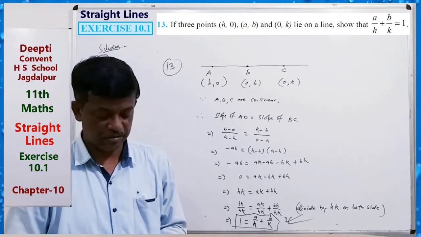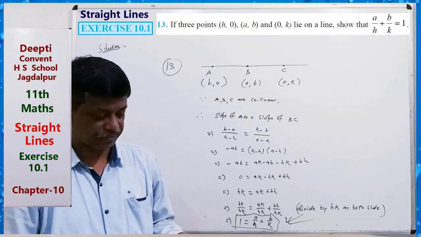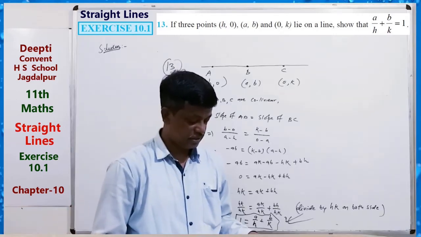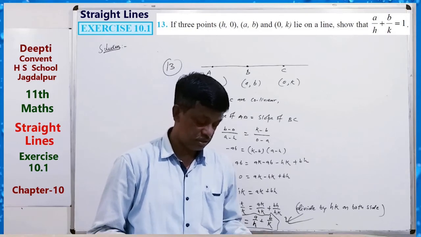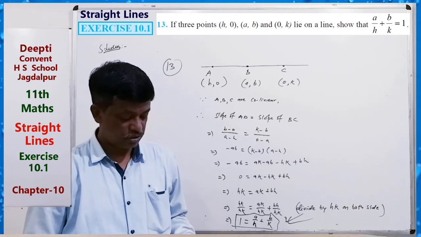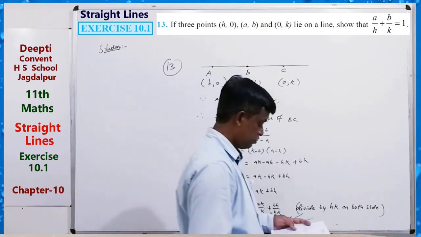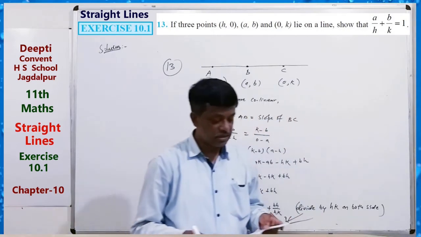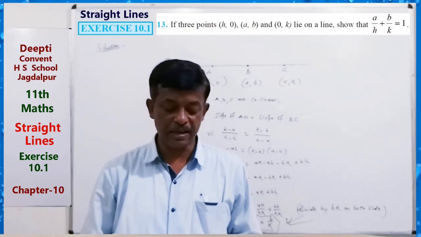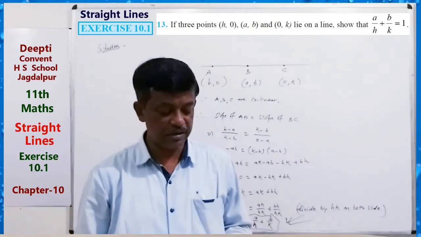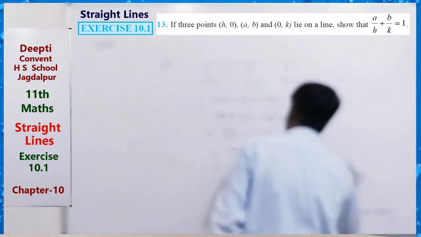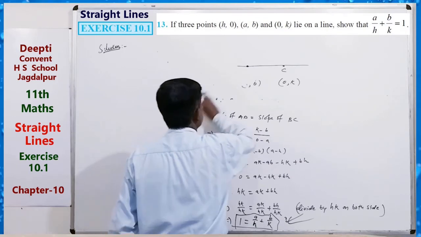Now question 14, the last question. There is a diagram with population in crore and years given. By using slope we have to find: consider the given population and year graph, find the slope of the line AB. Here is line AB, and using it find what will be the population in the year 2010. So see the diagram.